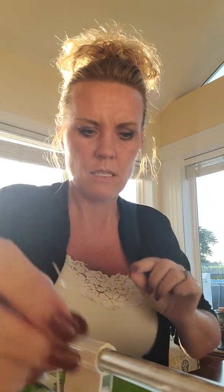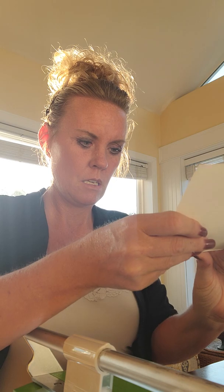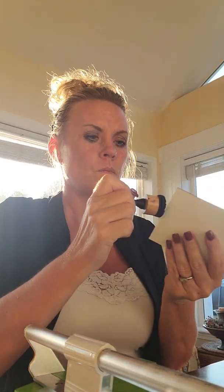I wasn't sure. Let me take a little bit more off the bottom of that. And look at what a thin piece you can get with this trimmer. It's really nice. I like it. And let's see, is that even? I think so. So now I'm going to ink the edges of the foil. Can't see it as much on the foil, but